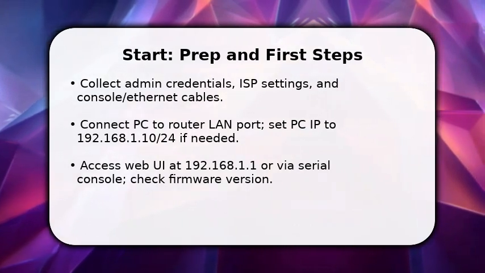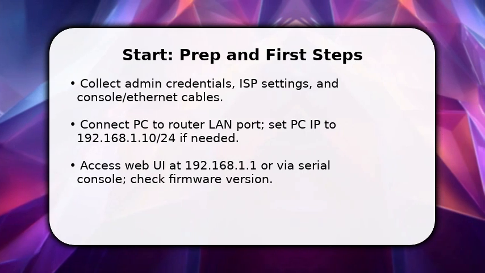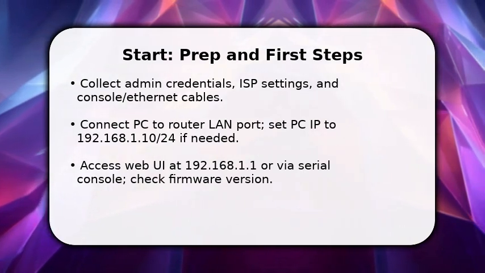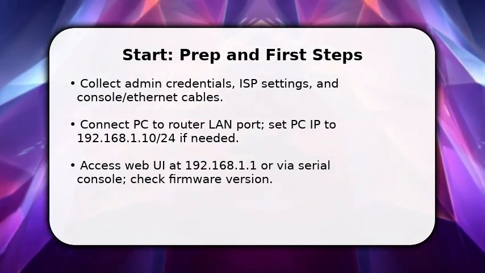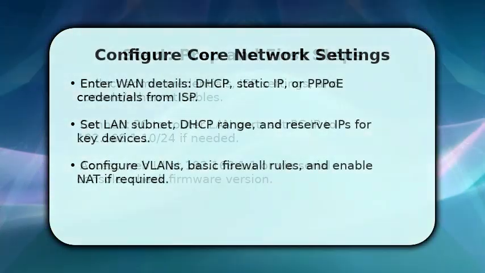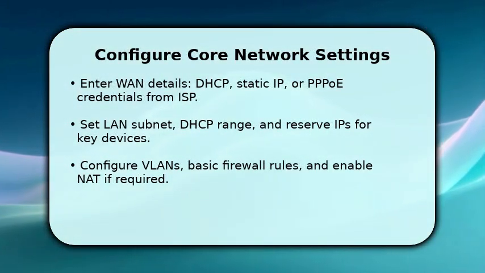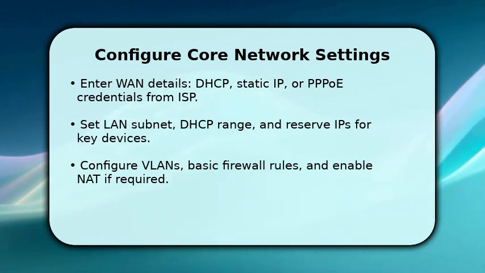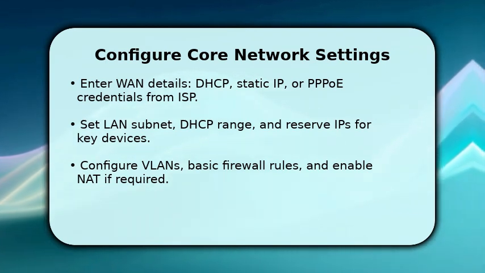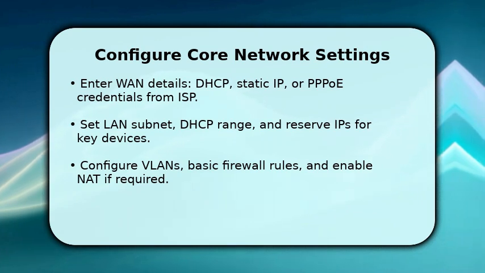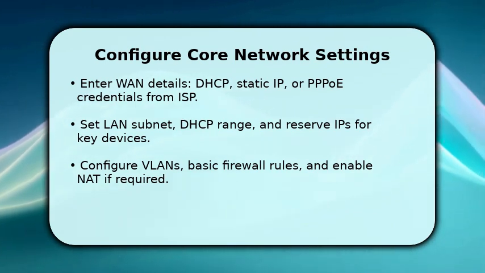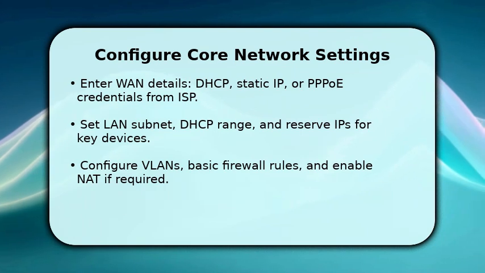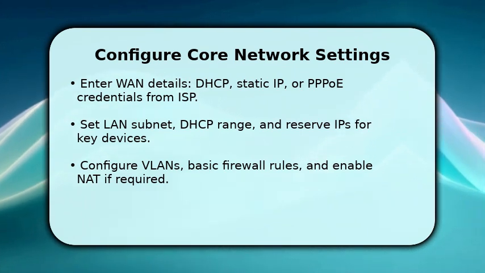This prevents easy compromise. Make sure to note the current firmware version so you can decide whether to update before continuing with network settings. You now configure the router's core. Start with the WAN mode, select DHCP, static IP, or PPPoE and paste ISP credentials. Verify link status. Next, define the LAN subnet and DHCP pool, reserving addresses for servers and printers so they keep